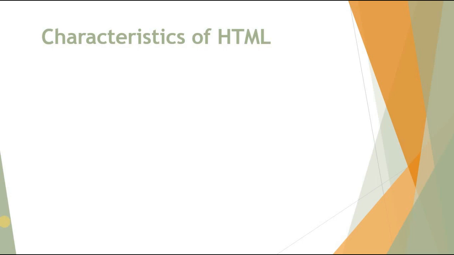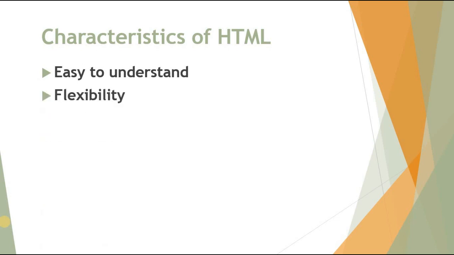There are some characteristics of HTML. First one is easy to understand. It is the easiest language, very easy to grasp and easy to develop. Second one is flexibility. This language is so flexible that you can create whatever you want in a flexible way to design web pages along with the text. Third one is linkable. You can make linkable text, so a user can connect from one page to another page or a website through these characteristics.